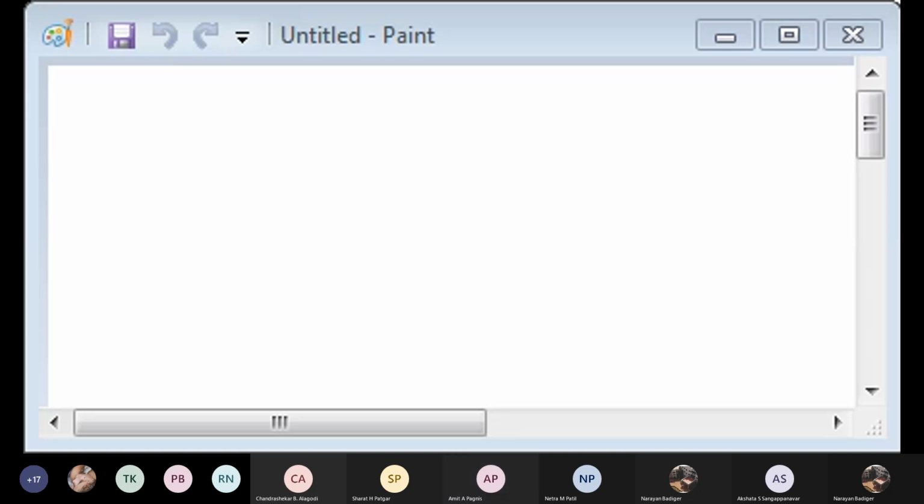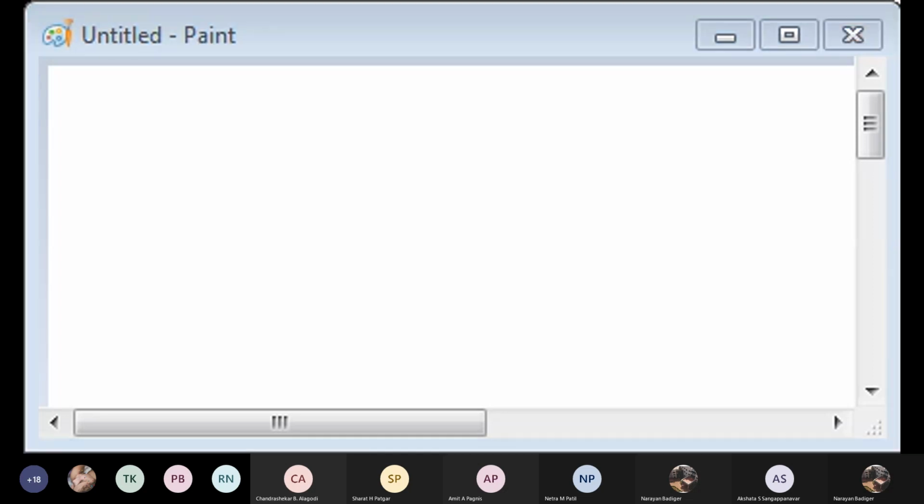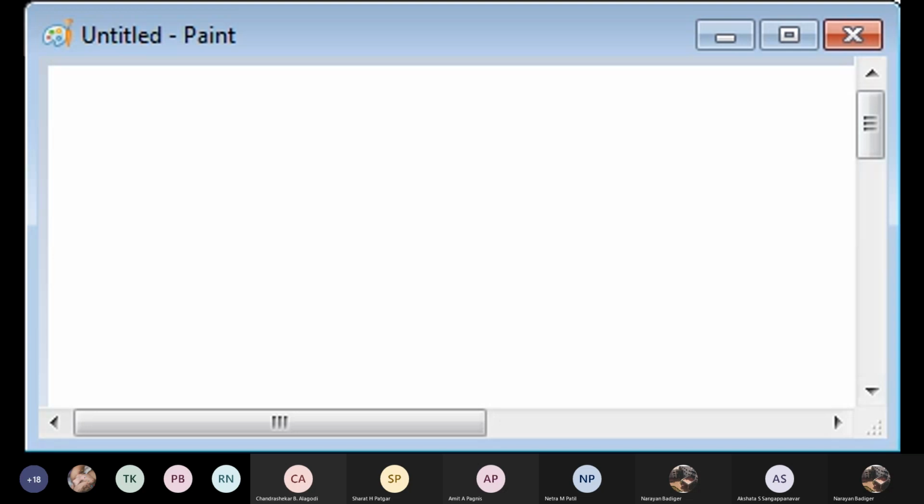To make the program run effectively, without any errors. Okay. Can anyone give another answer? Why do we need syntax?